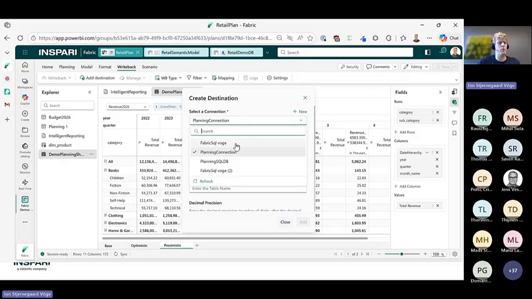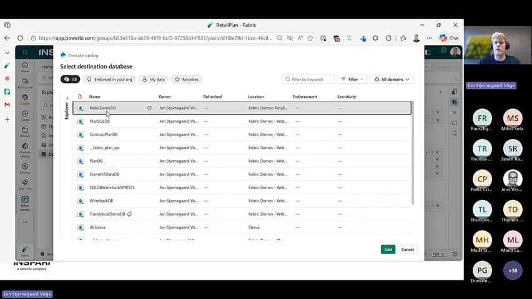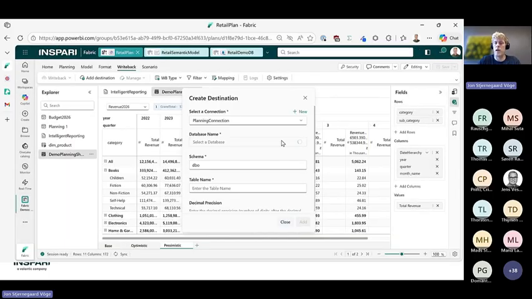For some reason, I had trouble using the existing connection that I had created a while ago. I had to create a new one. So if you get errors using an old connection, try creating a new one. Maybe you'll have luck with that. And then you can just browse OneLake to find a SQL DB that you're happy with.